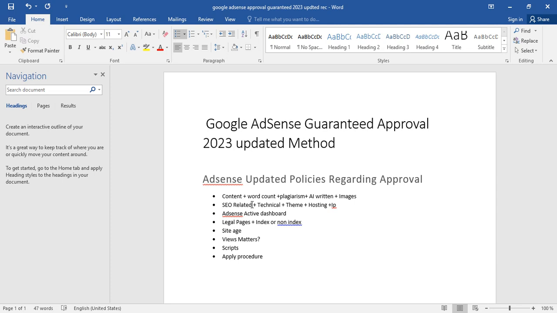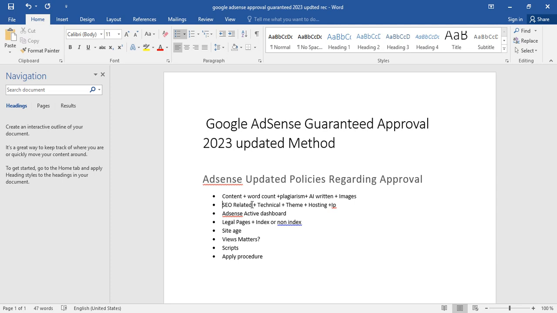If you don't have an idea of these things, how is it possible to rank your site to get traffic? If you are thinking of shortcuts like AdSense loadings, then don't do it in 2023. It will destroy your whole efforts and your money. So I will say to do proper research and